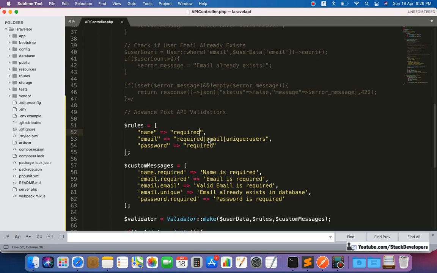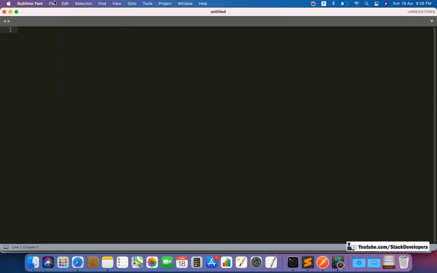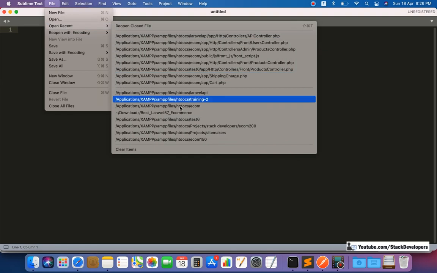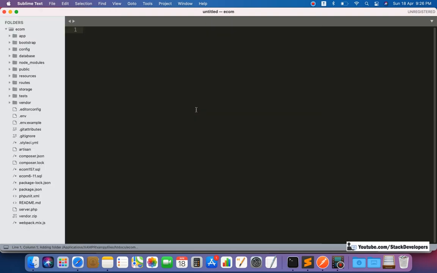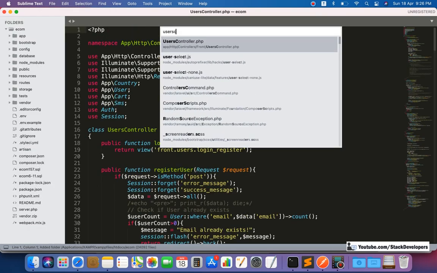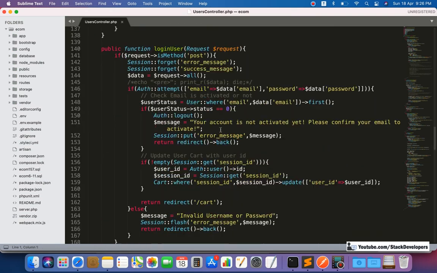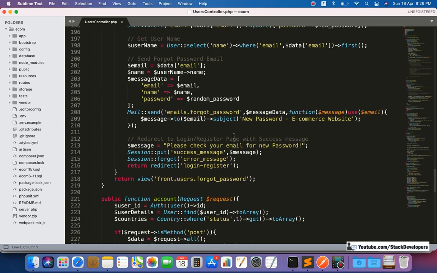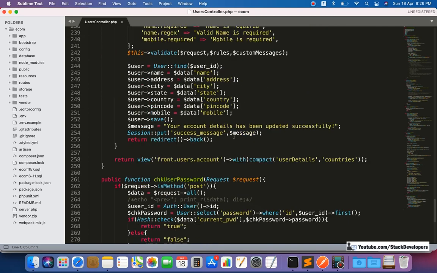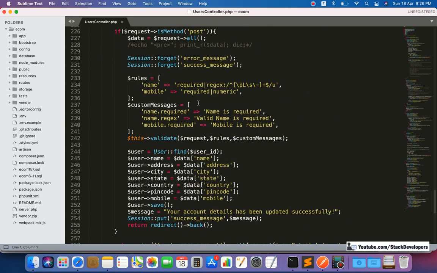I think we have earlier done such kind of Laravel validation in our e-com series as well, and there also you can check once if we have done such kind of validation. See here for name. See, this is another rule.